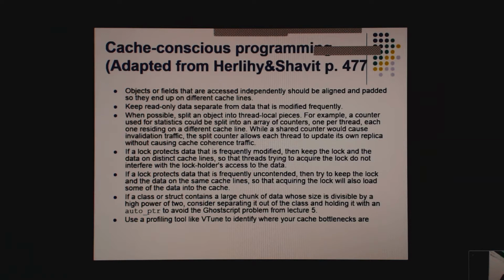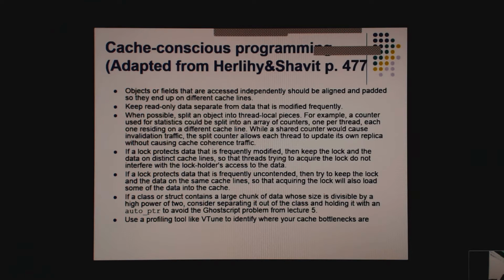you always want stuff on different cache lines? No. Right? It really depends on the data access patterns of your program. Cache lines are long for a reason, because you want to exploit locality of reference. So in your own code, and if you're writing a library like OpenMP or things like that, you need to actually think about data access patterns and then decide what's the best way to leverage the cache for that.